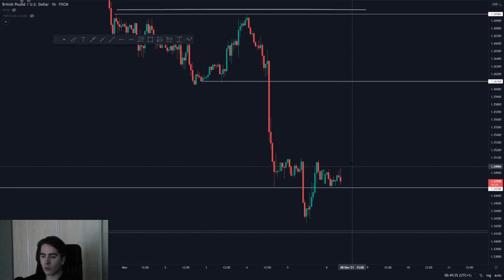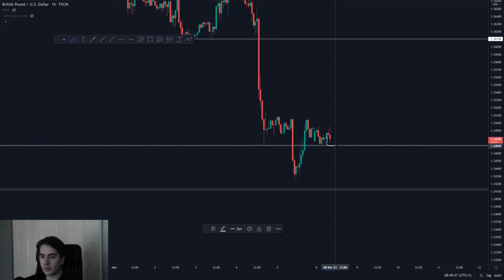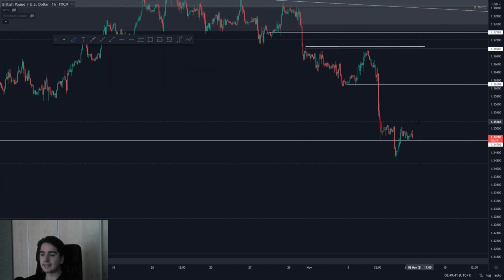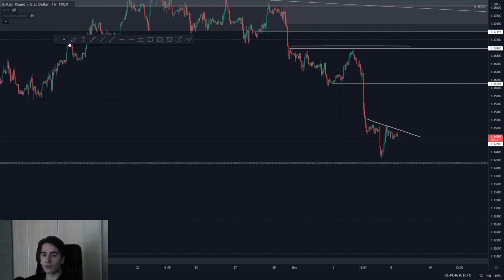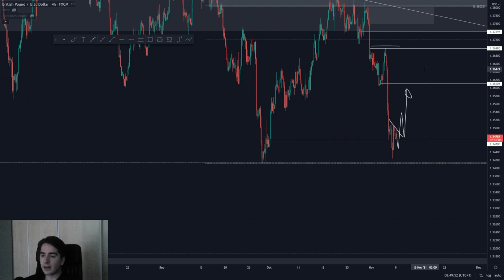I have seen it before on Pound Dollar. Sometimes it gets a little bit messy, it pushes down, but eventually it does push up. So let's see if we can see a break of this descending trend line to break the neckline of that inverse head and shoulders, to then start looking for those further longs back up in towards the highs, back towards